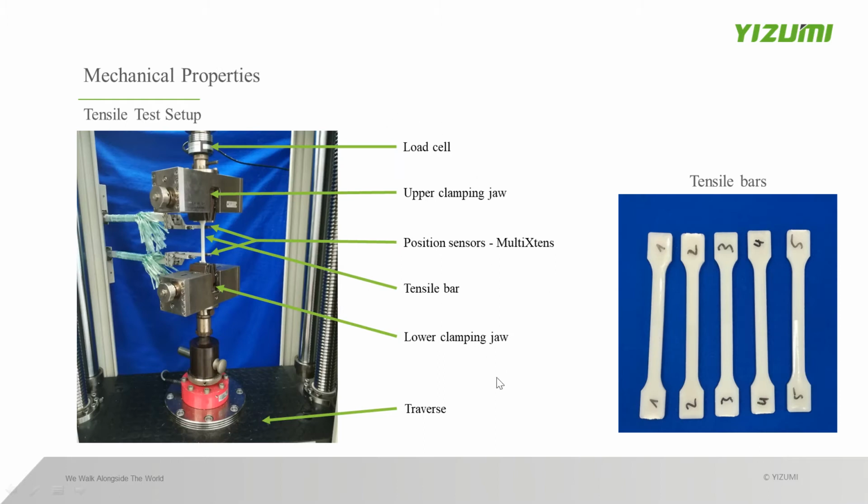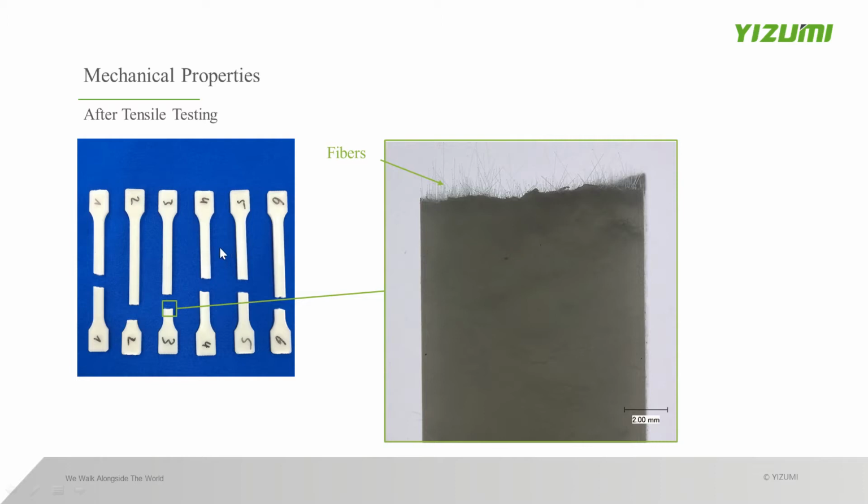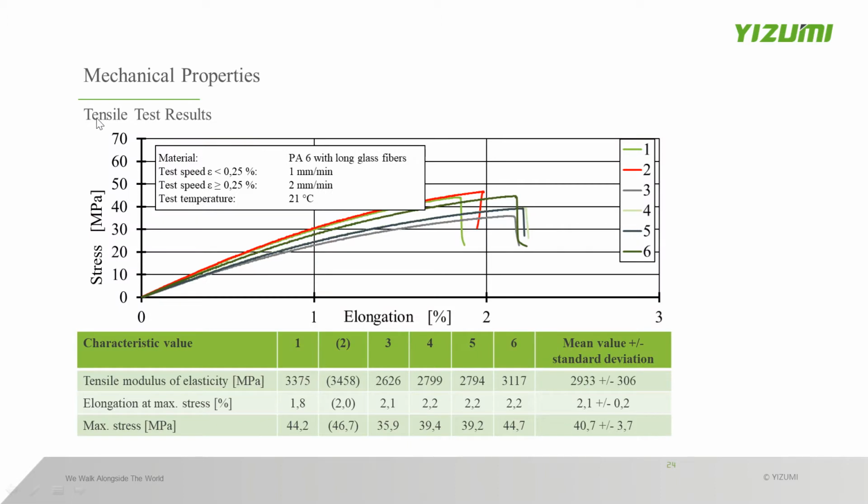And this one is for the tensile test. You can see the tensile bars we use for the length determination before. And after the tensile test, we can get this page. It's more similar to the stress-strain curve, right? Also here we have the numbers. You can see the length of the fibers, just roughly. And after the tensile test, you can get these tables in here,